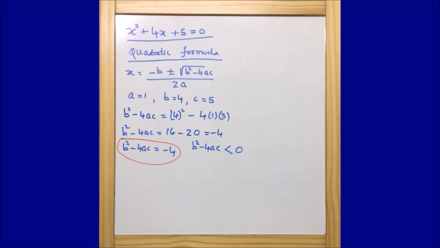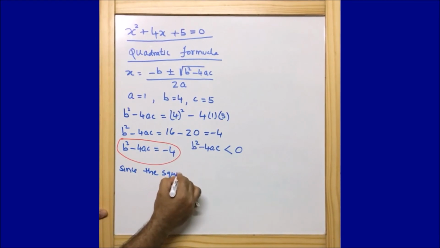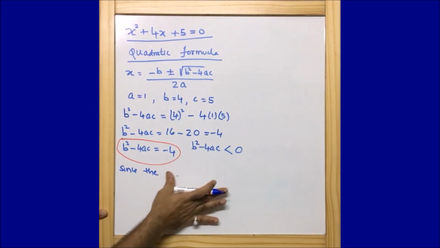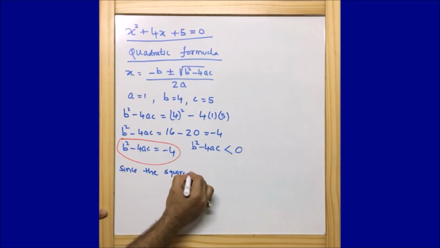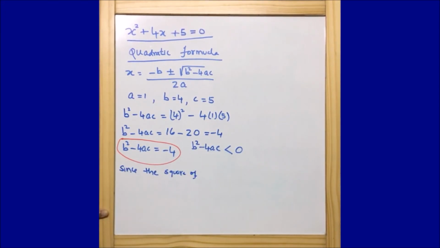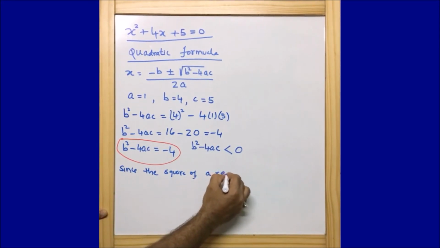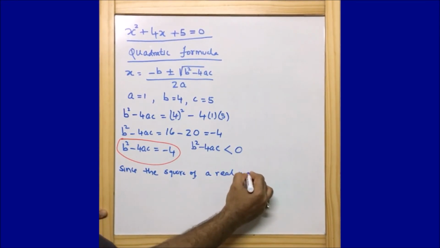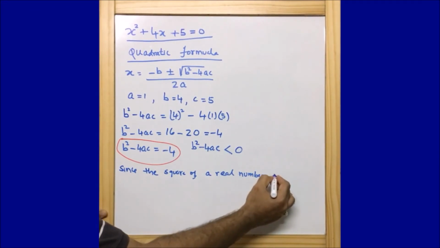So what we can write here is: since the square of a real number cannot be negative,